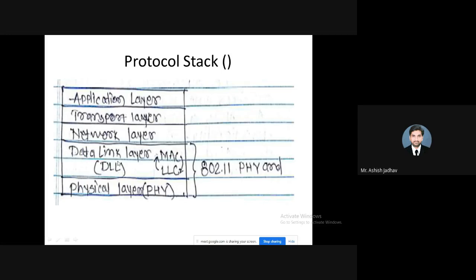It is sublayer of DLL. It control transmission of data. This is first functionality. Second is mobility management is the task to be performed by MAC. And third one is it uses CSMA CA. MAC uses CSMA CA. CSMA CA stands for,